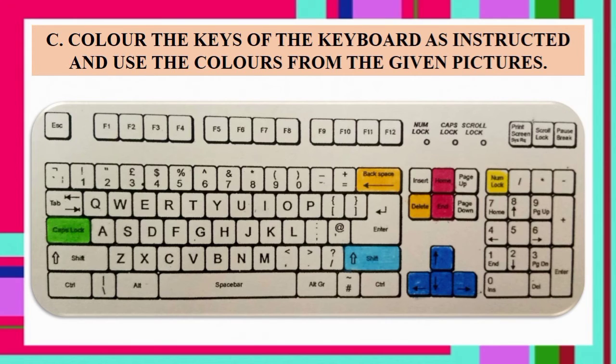Okay, come, I will show you what exactly you have to do in this question. So as you can see, I have colored some keys on the keyboard. Just listen to me carefully. Okay, the question says caps lock key, color of grass. Now you have to identify caps lock key first in the keyboard. Then color of grass is green. You look at the picture कि grass का color क्या है यहाँ पे? It is green. So you will color the caps lock key as green.